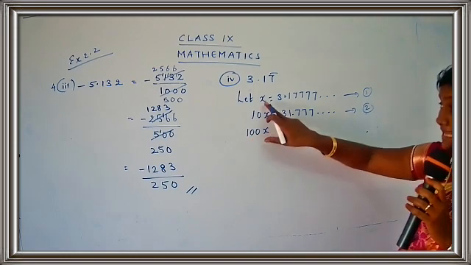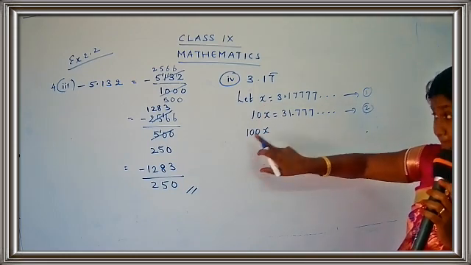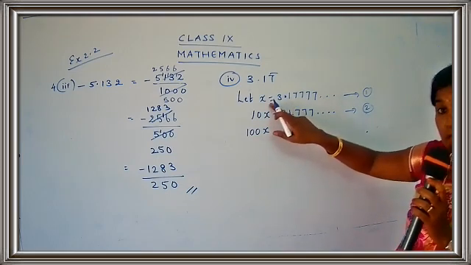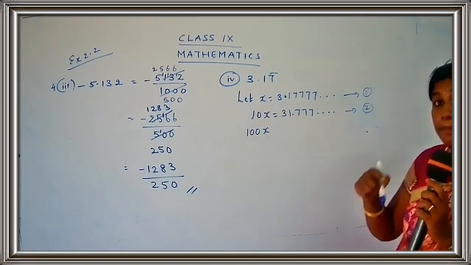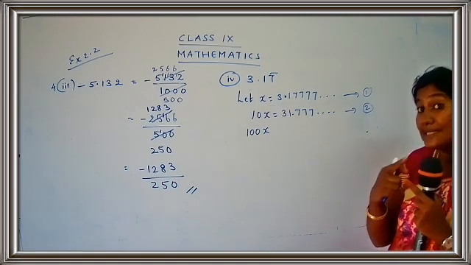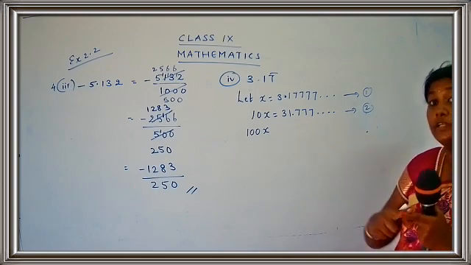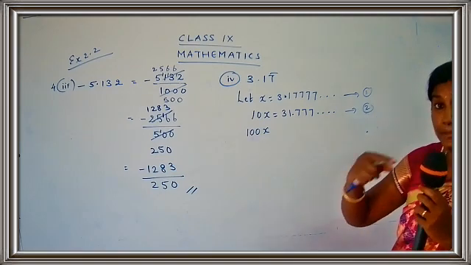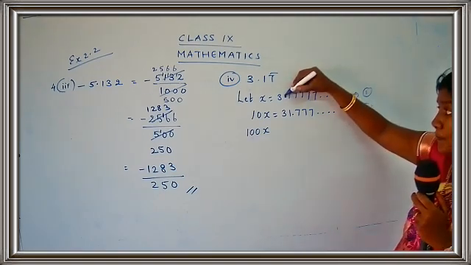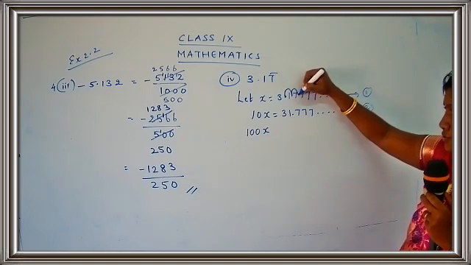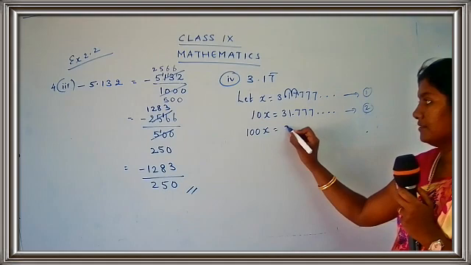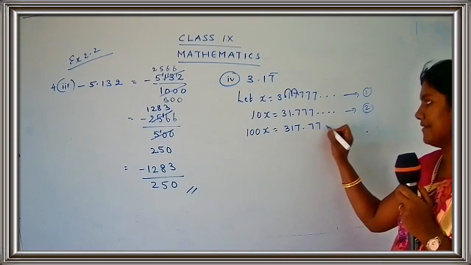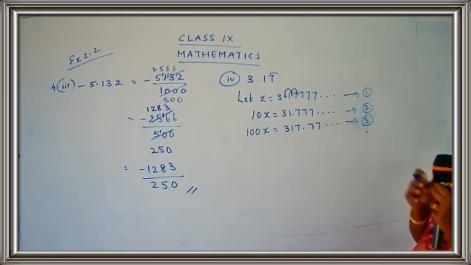I'm going to multiply x by 100. That means, don't see this number, okay children? Do not see this number. You have to see only the x part. That means now how many places is the decimal point going to shift? The decimal point is going to shift 2 places ahead to the right. Yes, 100. That means it is going to shift 2 more places. So 1, 2. See here. So where does it come? 317.77 dot dot dot. That's number 3.